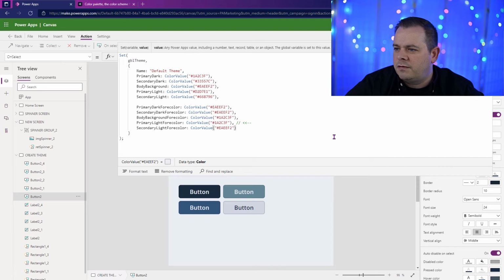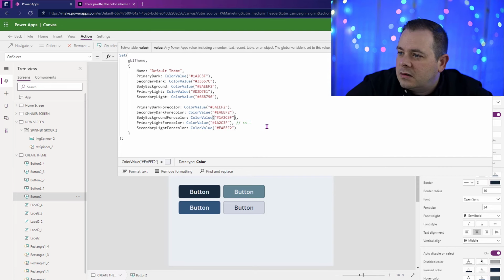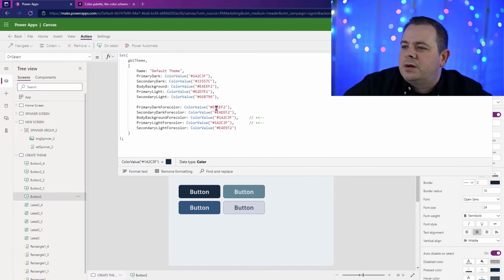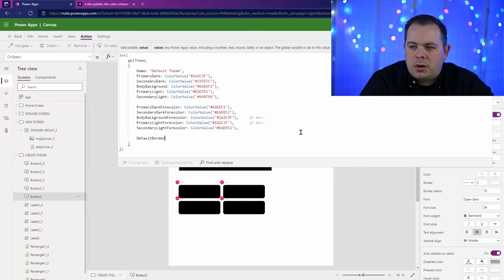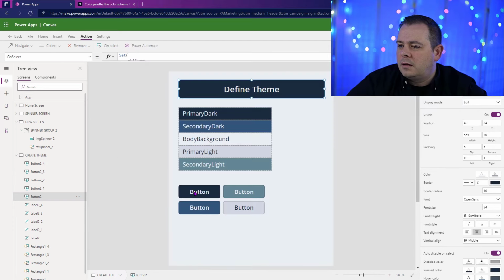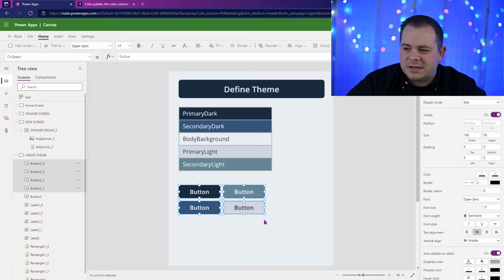Something I was going to mention, whenever you define a theme, I think I touched on this a little bit before, but if we're going to keep this in here to say, hey, this is different, this is different, I want to make sure that we have that for this as well. So those two are different than the other three. Okay, default border radius. And we can make this be something like 4. And we click on that and then follow all of our buttons, select them all, and we'll go into border